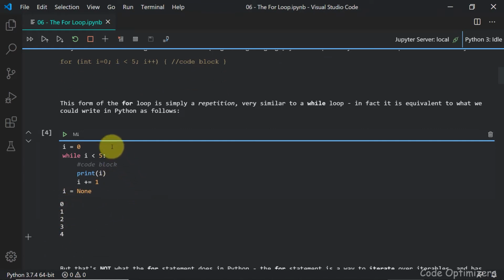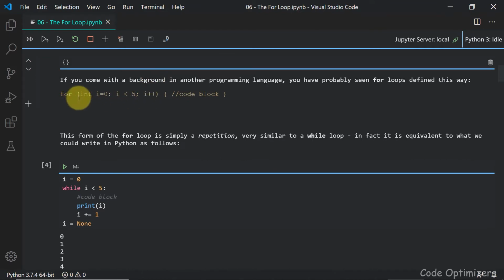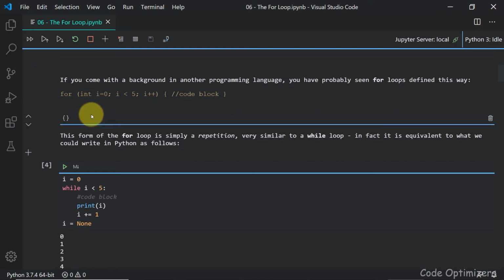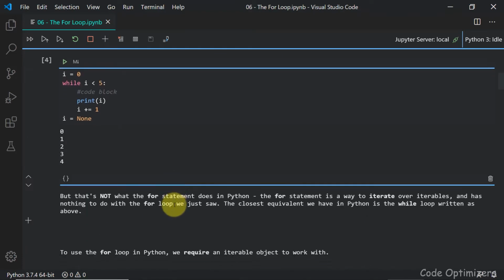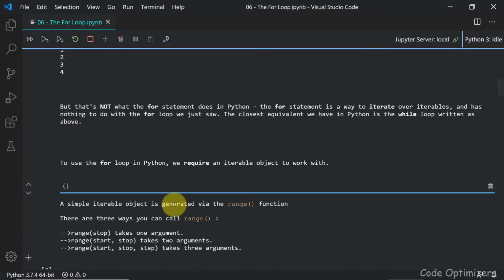If we write the first statement, second and third in one line, we get a for loop. That is first initialization, condition and updation. So this is the syntax that we used to write in languages like C, C++ and Java. In Python we have some change in a for loop. There is a syntax change, and the for loop is used with the iterable object, and it will only work with the iterable object.